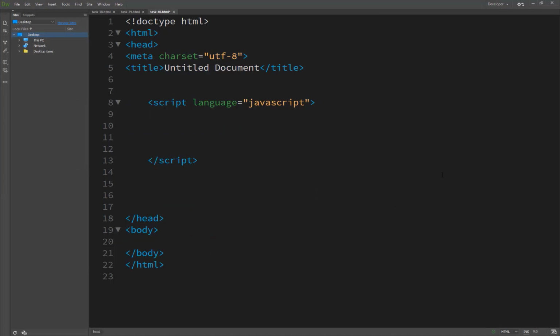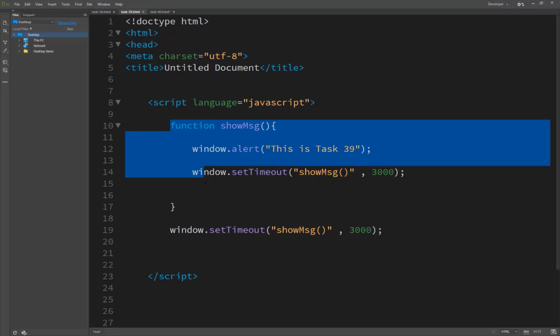So now we are starting our task number 40, cancelling a scheduled function. In tasks 38 and 39 you saw how to schedule a function for future execution using window.setTimeout. Using a related method, window.clearTimeout, you can cancel a scheduled execution event before it occurs. So here is the main thing for cancelling a scheduled time. When you create a scheduled event using window.setTimeout, we've just copied here from a function for it,